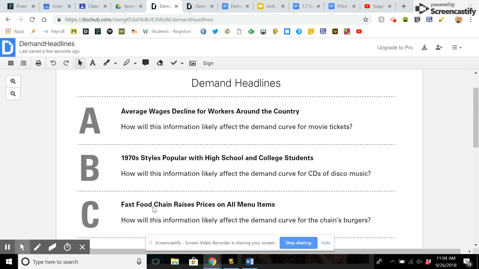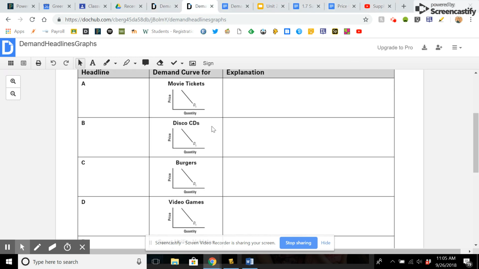All right, let's look at burgers. Fast food chain raises prices on all the menu items. How is that going to affect the chain's burgers? So what just happened? Burger King raises the price of everything at Burger King. So that means that the burgers went up in price. Okay, so what does that mean? Does it mean that there was a shifter? No. There's no shifter. All that happened is you went from here, a P1, a lower price, you went up